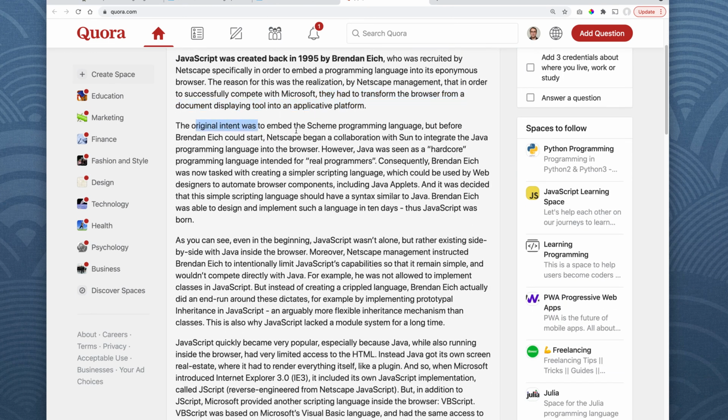The original intent was to embed the Scheme programming language, but before Brendan could start, Netscape began collaboration with Sun to integrate the Java programming language into the browser. However, Java was seen as a hardcore programming language intended for real programmers. Consequently, Brendan,